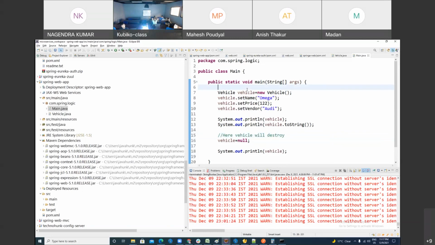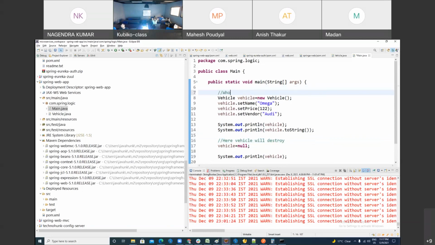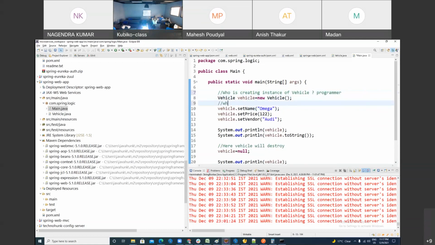So tell me, I have a couple of questions. My first question is, who is creating the instance of vehicle? Answer, programmer. Who is setting the state of the object? Answer is programmer.